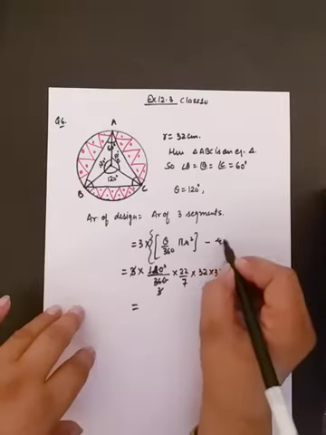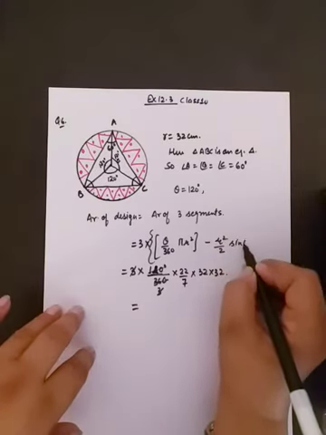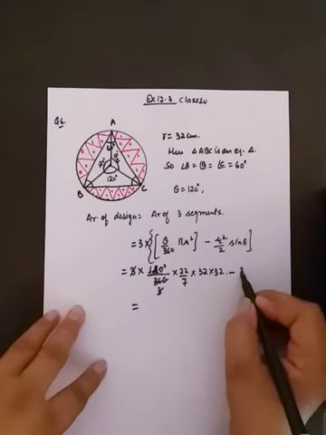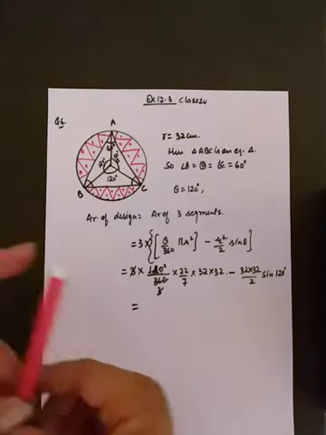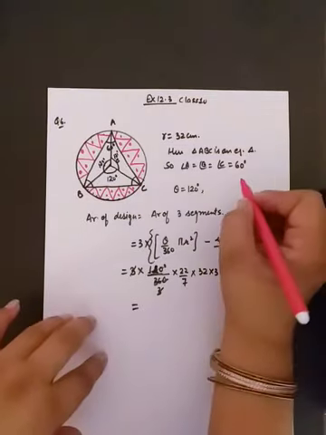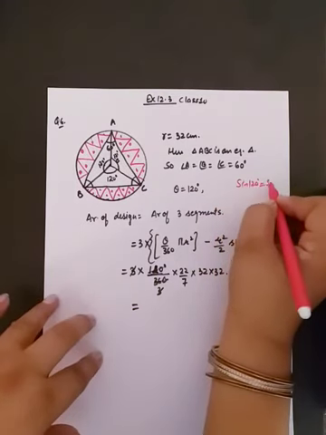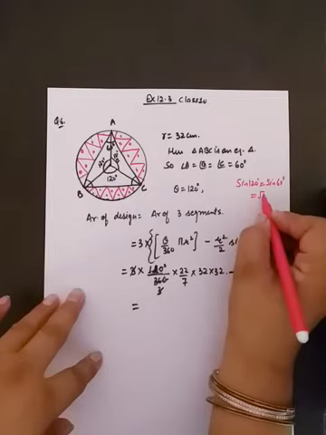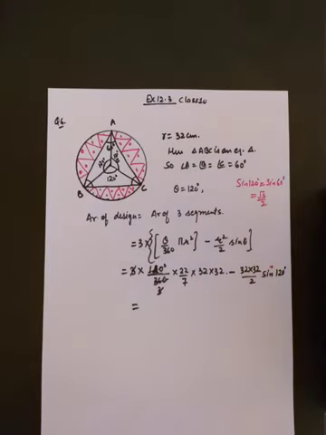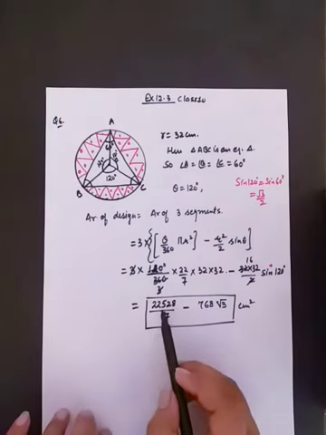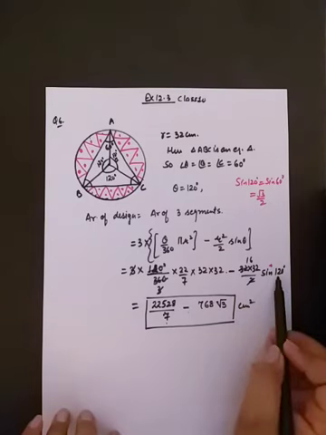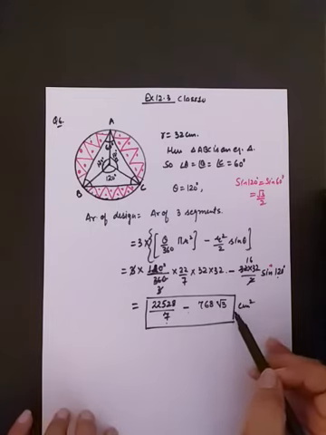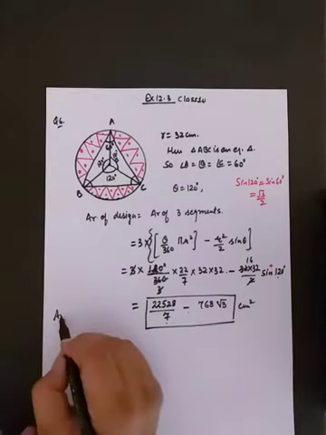The complete formula is this: r square by 2 sin theta, and it will be 32 into 32 by 2 sin 120 degree. Students, here you have to remember that sin 120 is equal to sin 60 and its value will be under root 3 by 2. So the area of design will be 22,528 by 7 minus, when you solve this part after putting the value of sin 120 as under root 3 by 2, you will get 768 root 3. So this is the area of design.